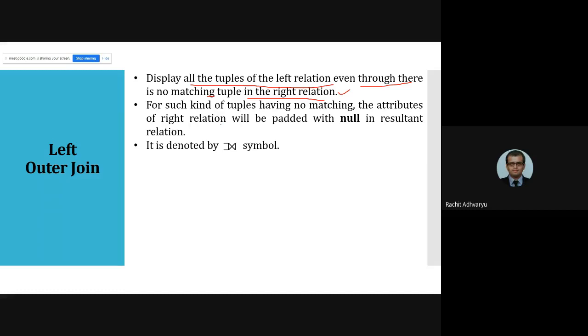Now, if the right table does not have values for that particular left table row, then we put null at that place. If we do not have particular data for a column on the right side, we'll put null as the value. Let us see the example. It will be quite clear for all.